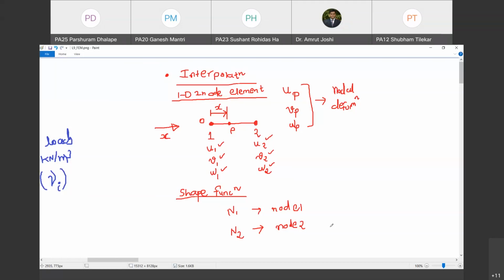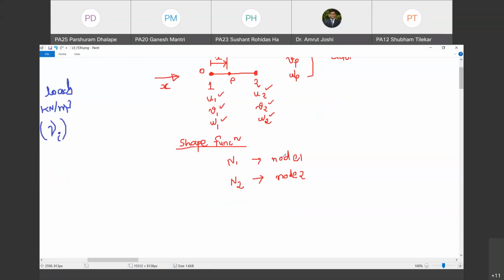Why am I assigning the shape function? What job is it going to do? That will be clear soon. But have you understood this? Type your response. Yes. And now I'm going to put certain conditions on these shape functions. If I consider the ith shape function, it should be 1 at ith node, and it should be 0 at all other nodes.